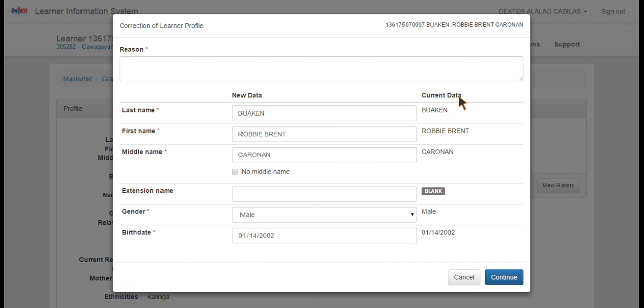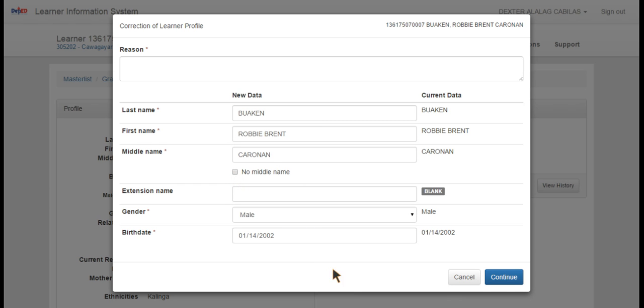Now take note that if the middle name of the learner is only a single letter, that is not accepted in the system. Therefore, you're not going to enter that, and instead try to tick this box, which means no middle name.